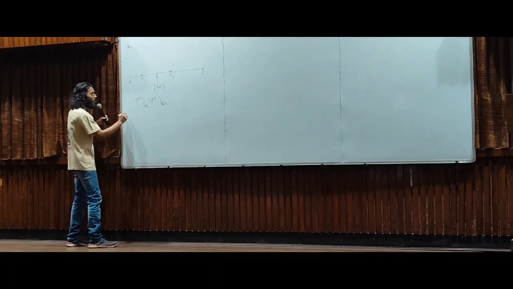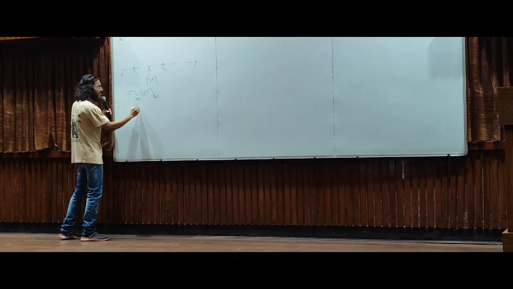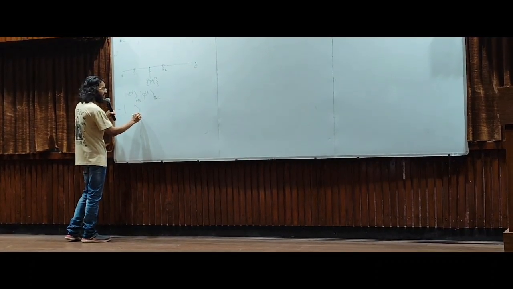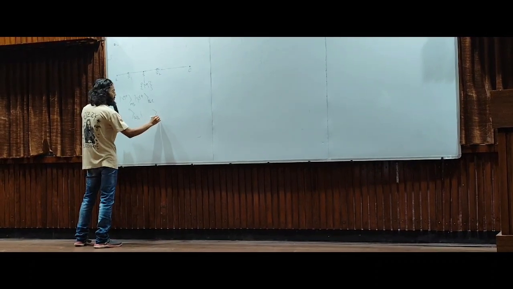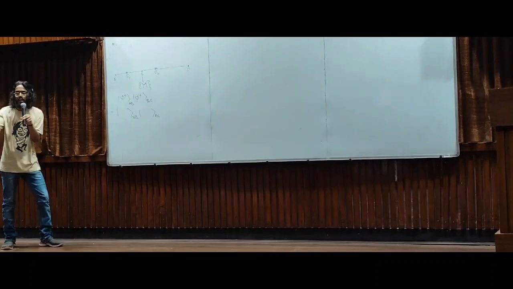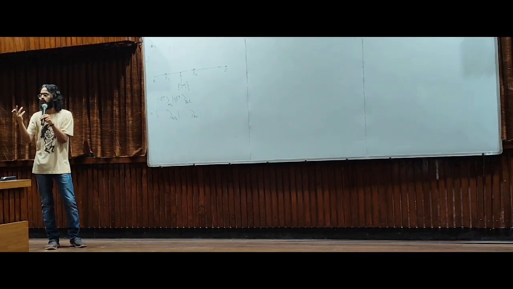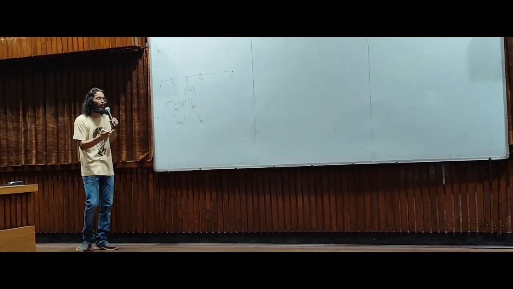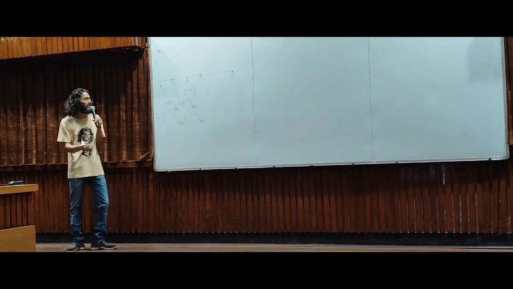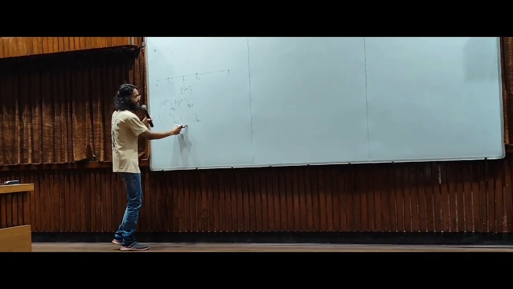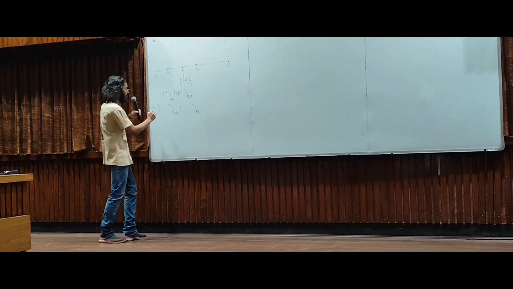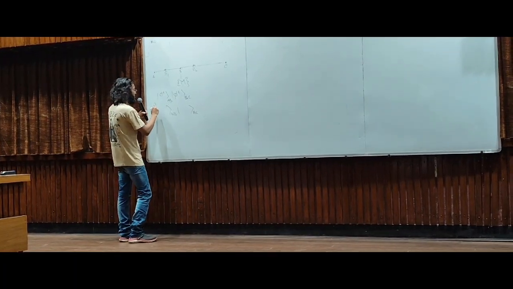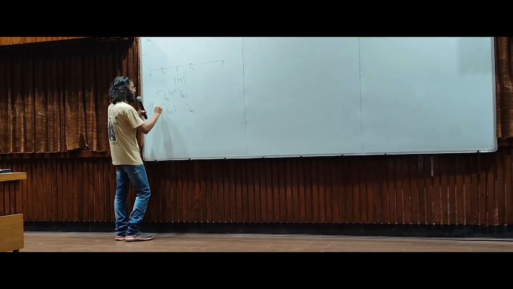But now we want to write states such that they are BB and AC, because we want to look at what A and C are sharing. That's what we're interested in. We want to somehow create a protocol where A and C are sharing the maximally entangled state. So I'm going to regroup my states like this, and when I do that, what you'll observe is that this is just equal to